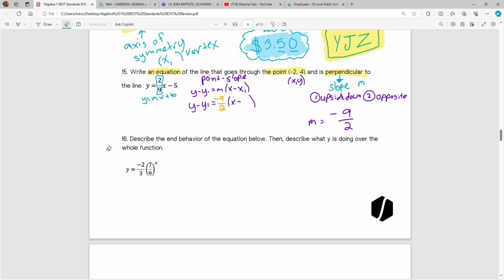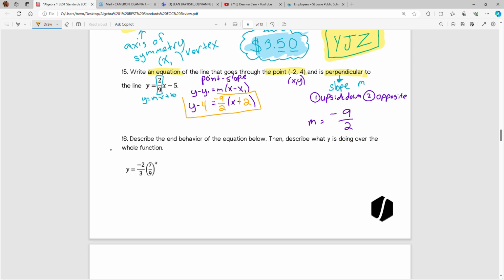So minus negative 2 is going to turn into plus 2. And now I'm going to erase my y1 and put 4. And now technically right here we are done with this question, but just in case, I'll do an extra step here for you